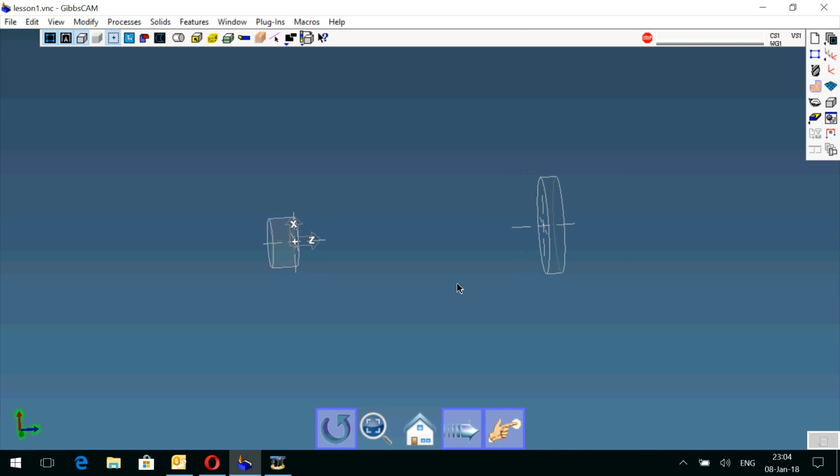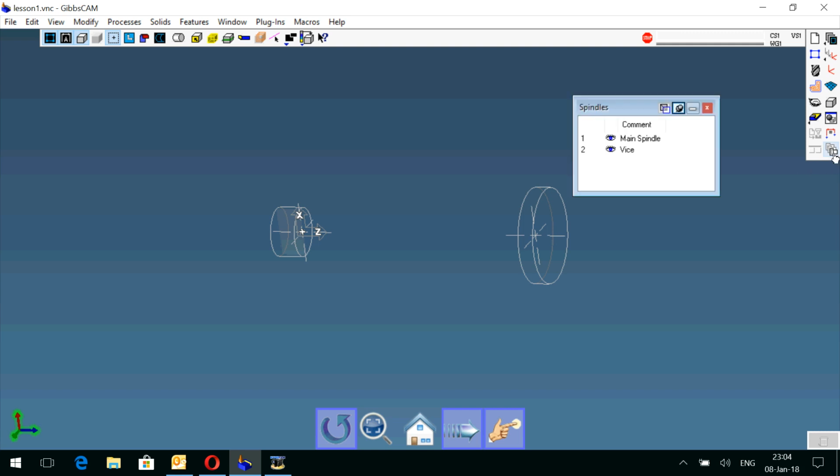So as you can see, we have here two coordinate systems. This one is our main spindle, and this one is our vise. I'm going to close the vise as I'm going to work on the main spindle. For this you have to push this button which says spindles and click twice on the eye in front of the vise like that,